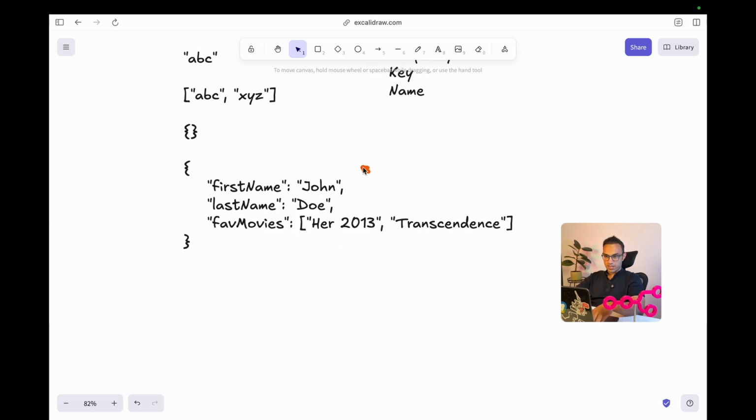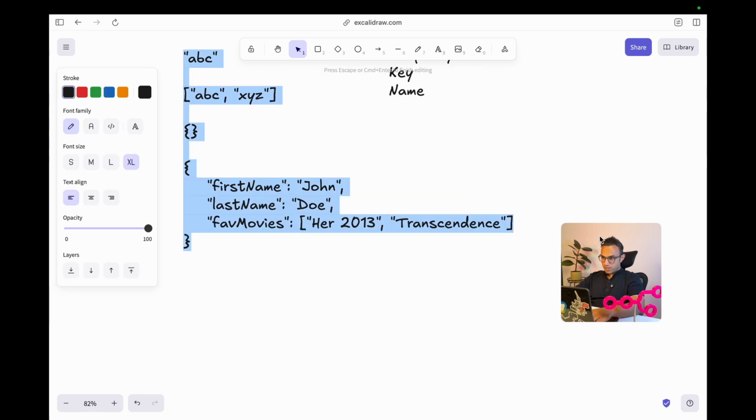Same concept as we spoke already here. Literally this entire thing is just like this little thing: the value can be a string, or can be an array. That's nice.